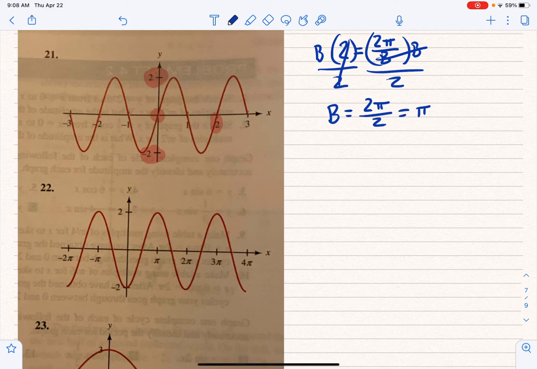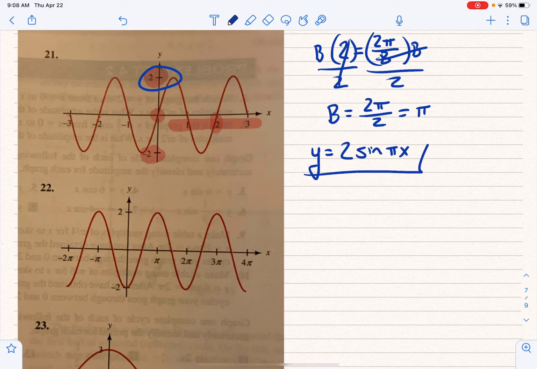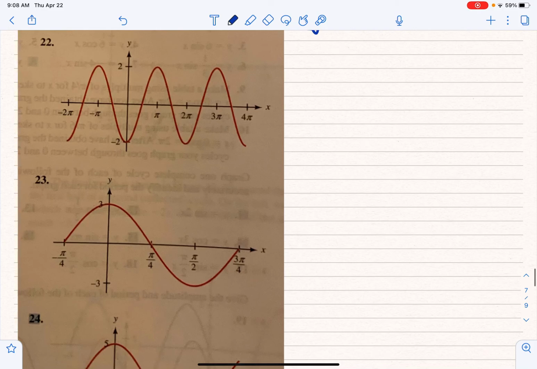So see, if you make b any value of pi, then it's going to remove pi from your axis, and it's just going to be your basic integers that you're used to. Okay? And we know the amplitude is 2. It's going up to 2. We know this is a sine wave, so we say y equals 2 sine pi x. Okay, that's what you should have. And that one already started to get a little bit tricky. All right, number 22,